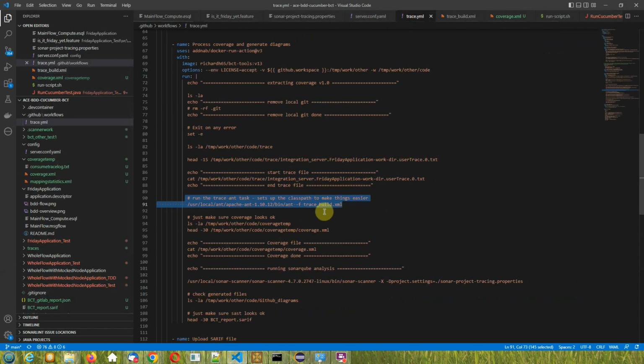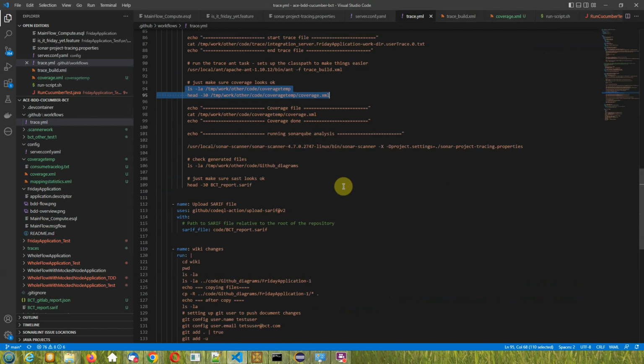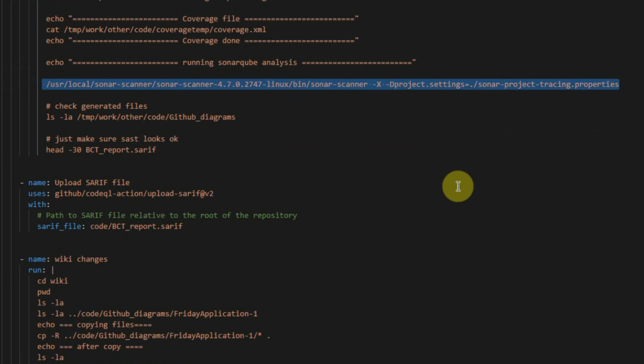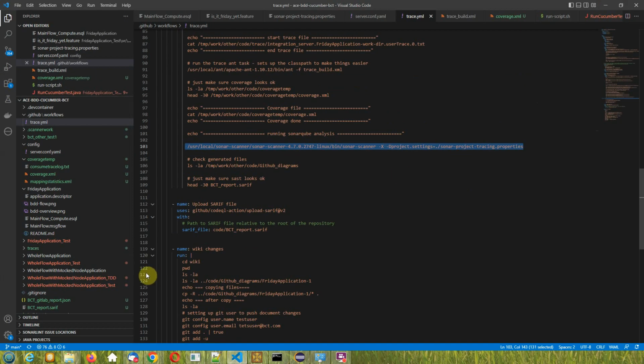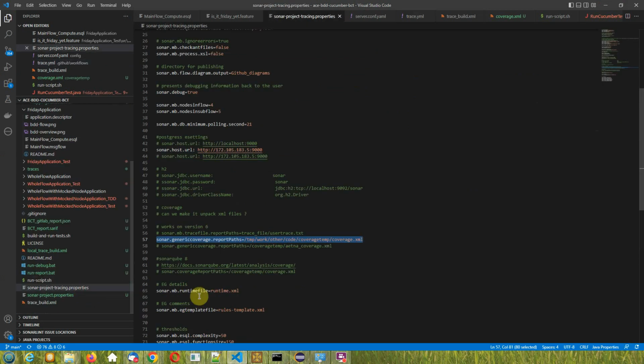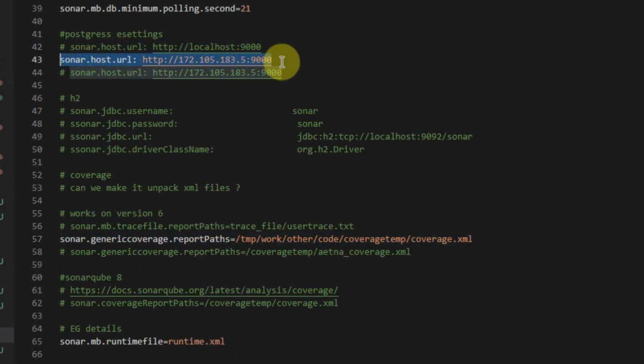So in this case, we've run the Ant build. We're just going to validate that the coverage looks correctly formatted, just for purposes of debugging. And then we're going to ship that source code and that coverage file off to our Sonar server using this properties file here, in this case the Sonar project tracing properties. It's just going to direct us to our publicly available Sonar instance to push the results into. It's going to use this coverage file that I mentioned, using this generic coverage report paths,